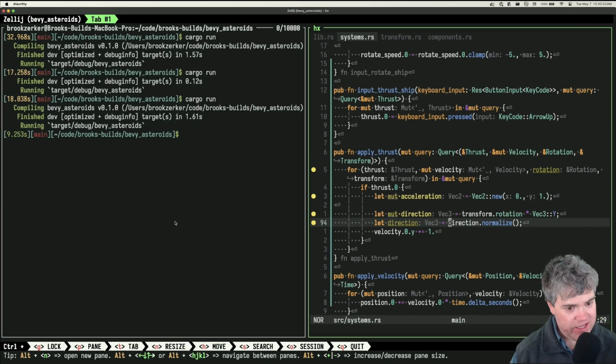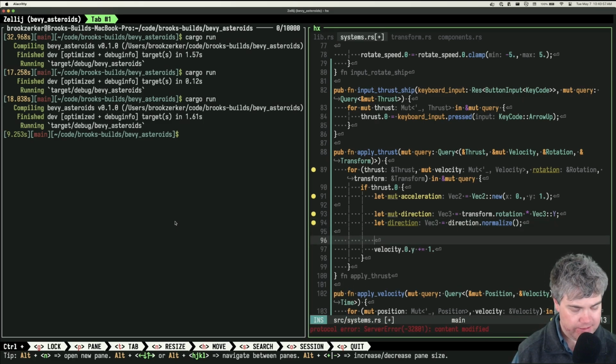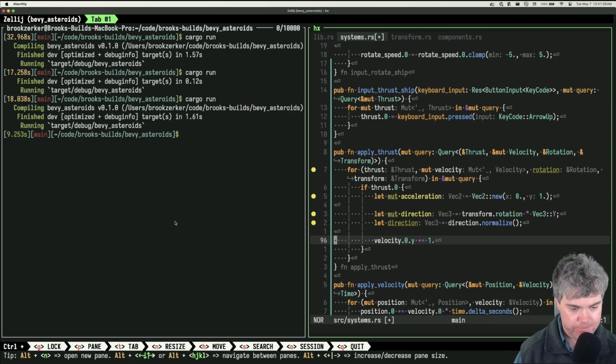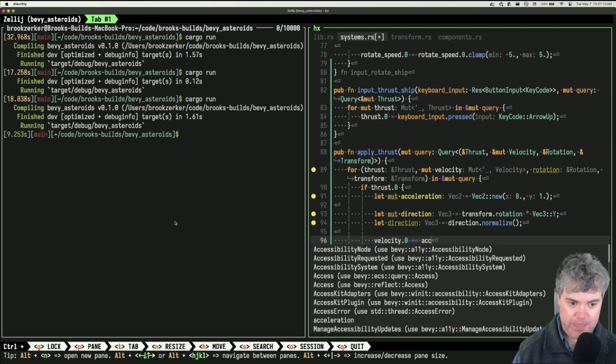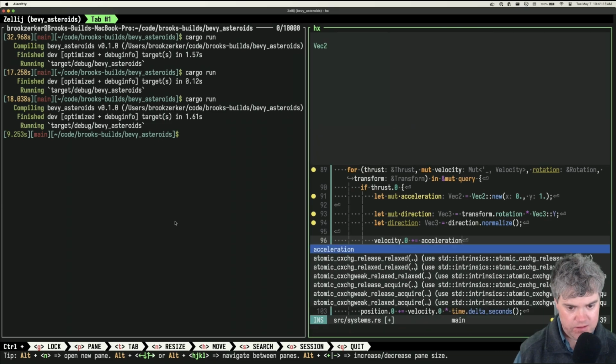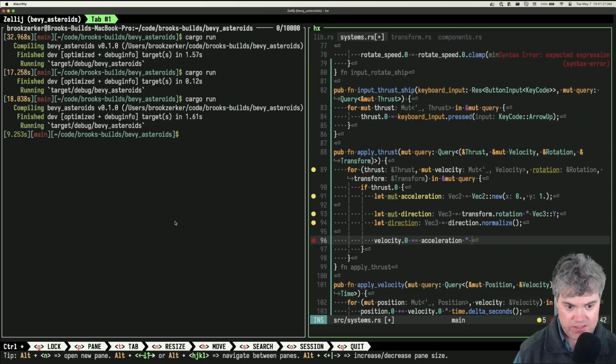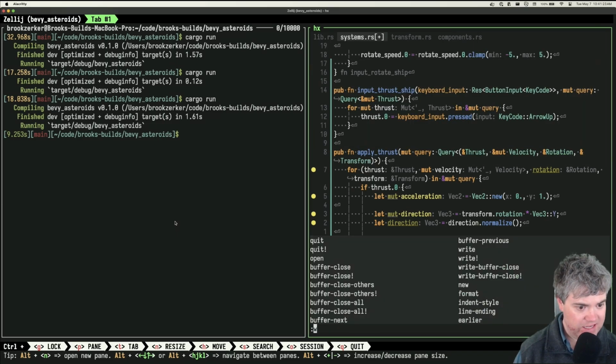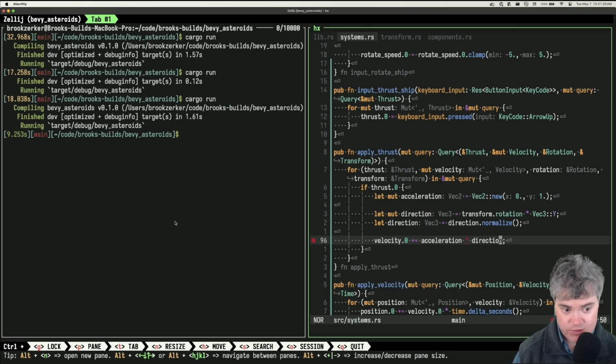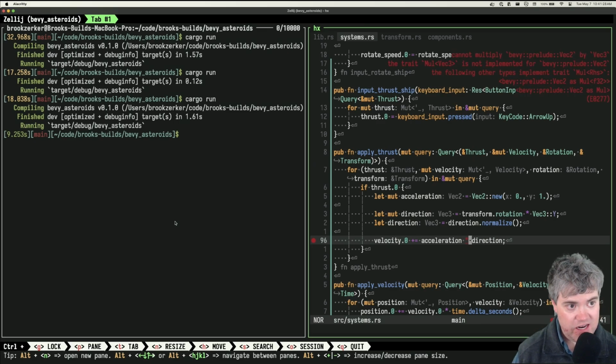To use this, I multiply the direction by the acceleration, and then I add that to the velocity, right? So we would say velocity plus equals acceleration times direction. And then I'm guessing that because it's a vec3 and vec2, this won't work. Cannot multiply vec2 by vec3.